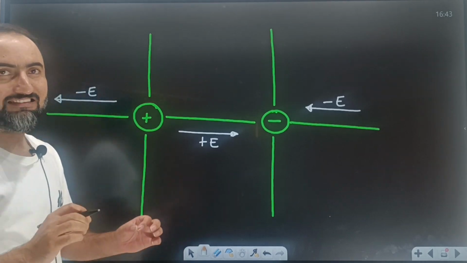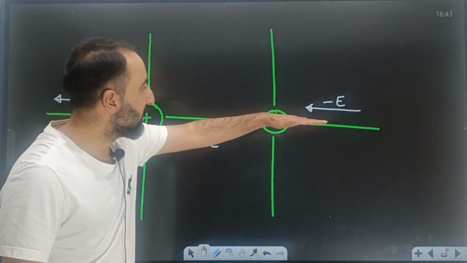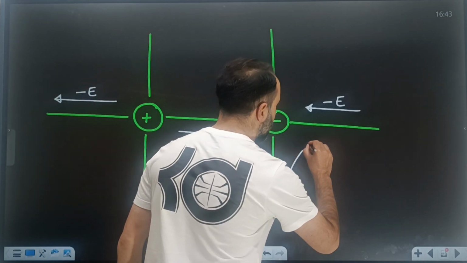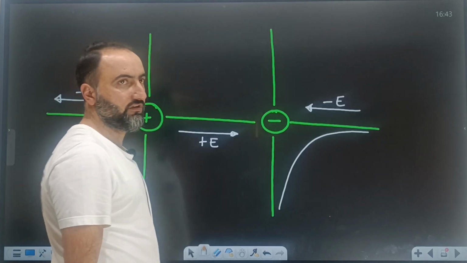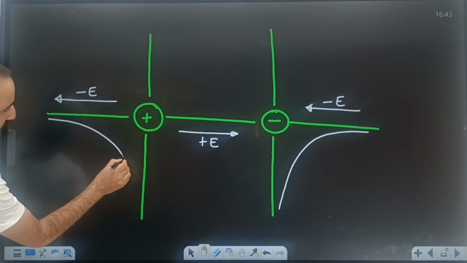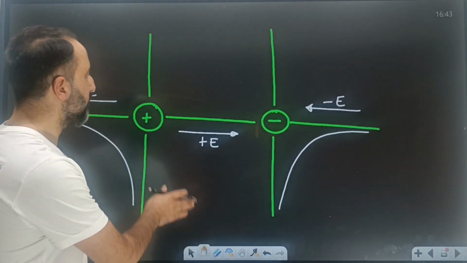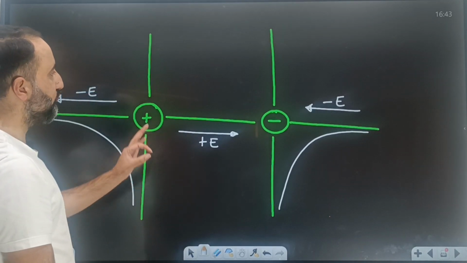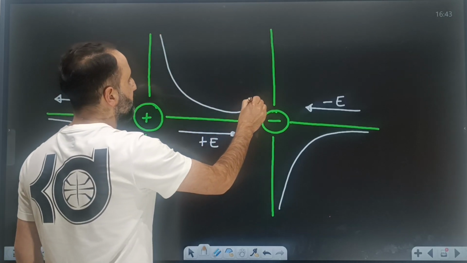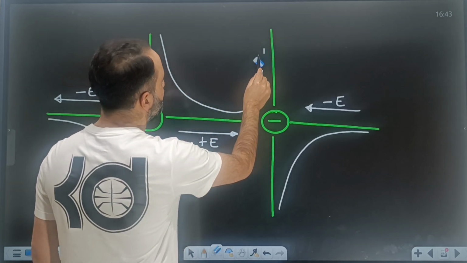सही है ना? Now easily we can plot the graph. अब आप देख लीजिए बेटा, यहाँ पे electric field negative है, तो इसका मतलब जो electric field का graph होगा that will be below the x-axis, तो graph कुछ ऐसे होगा. This will be the electric field graph versus distance. This is negative electric field, तो इसका मतलब it will be below the x-axis. Alright, then this is positive electric field, so the electric field is positive, which means that it will be always above the x-axis. The graph will be somehow like this, because the reason is that electric field जो है